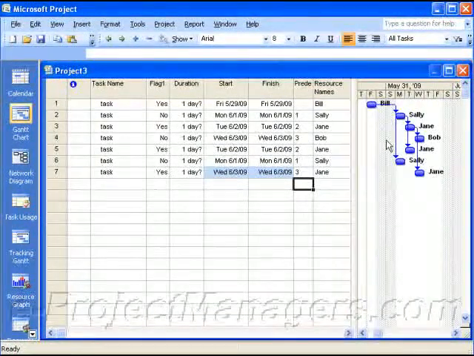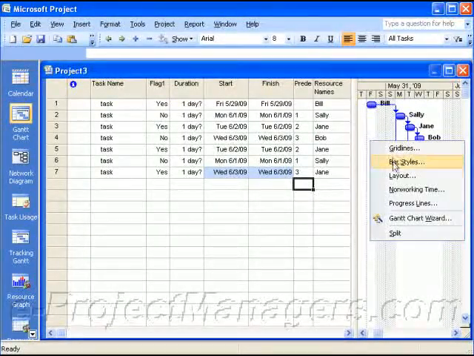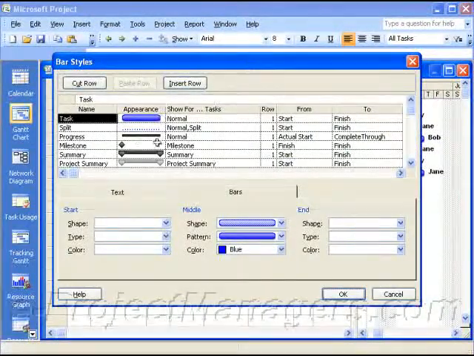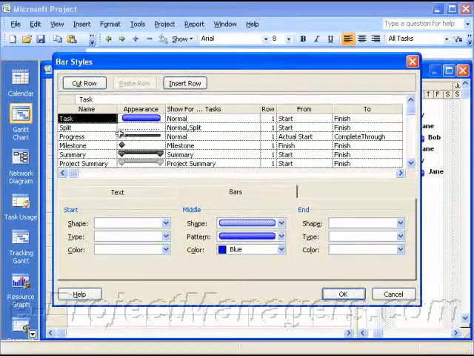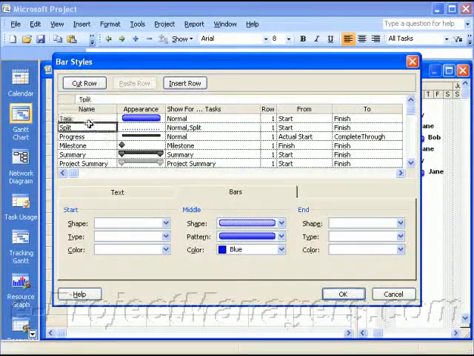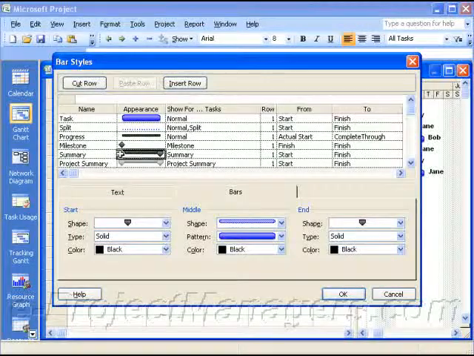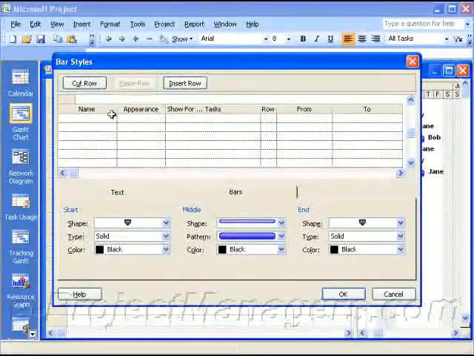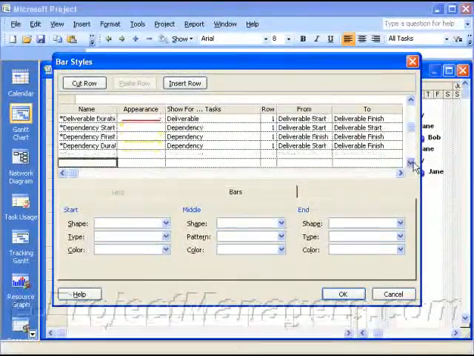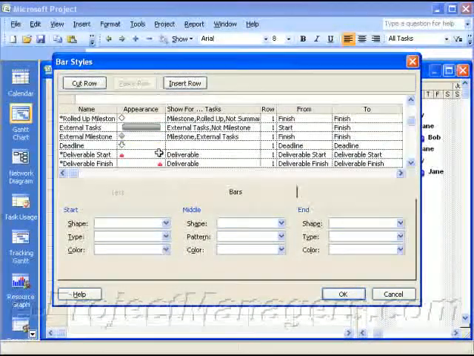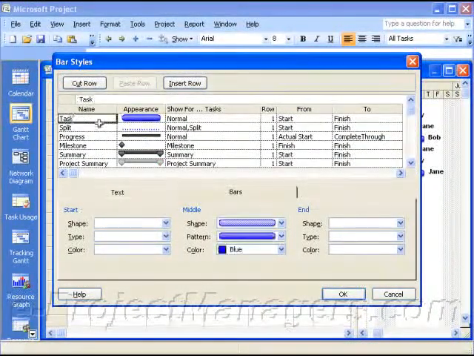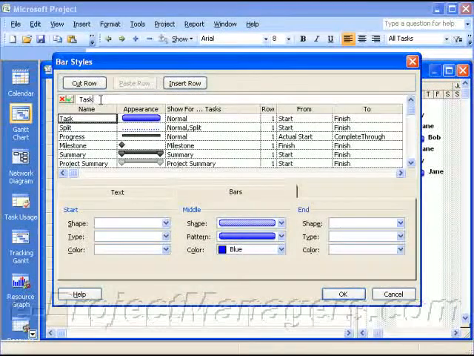All right, now in the Gantt chart view, if you right-click on the background and select from the pop-up menu Bar Styles, then in this dialog box, you'll see by default the different types of objects that you'll see on your Gantt chart. You'll see tasks, you'll see a progress bar, milestone, summary, etc. Notice though that there's empty space, which means that you can actually edit and create your own fields in the Gantt chart. So for our sake, I'm going to call this task